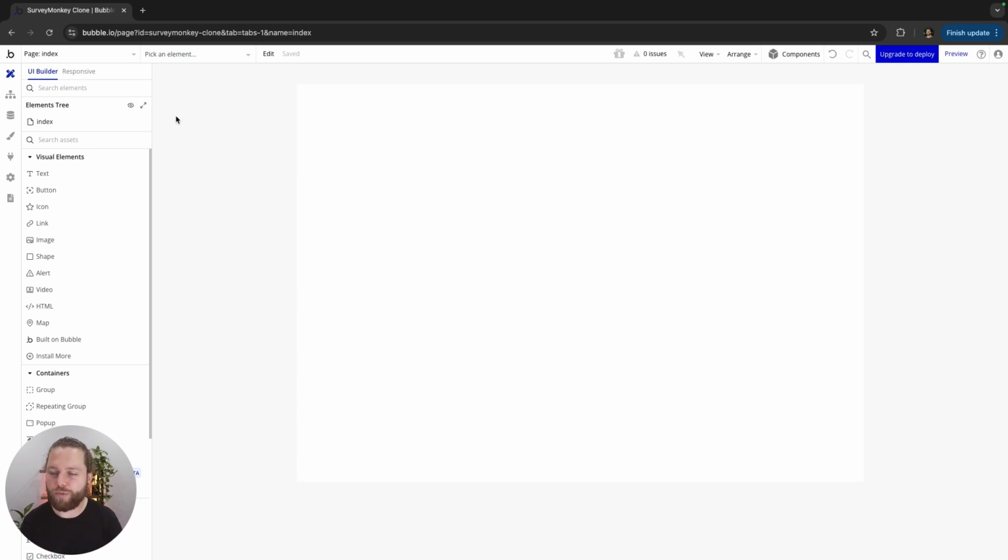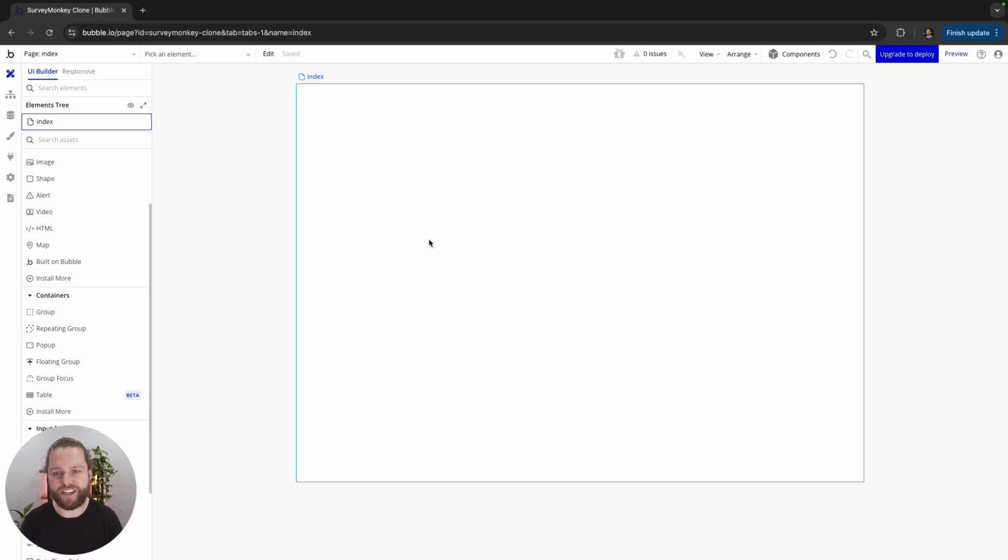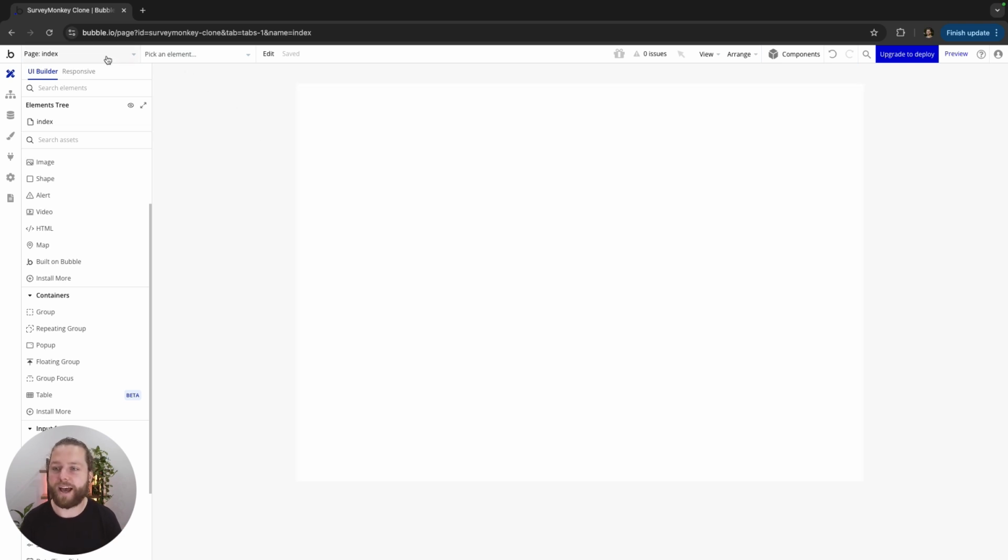Essentially, on the left, we have a menu of visual elements, which are all the things that we are going to be adding to our page in a few moments. We have this white section here, which is the blank canvas that we'll be adding elements to and essentially building our page in our UI. And on the top left, we have a few options for things that we want to do from a functional level. But the first thing that I want to draw your attention to is this drop down